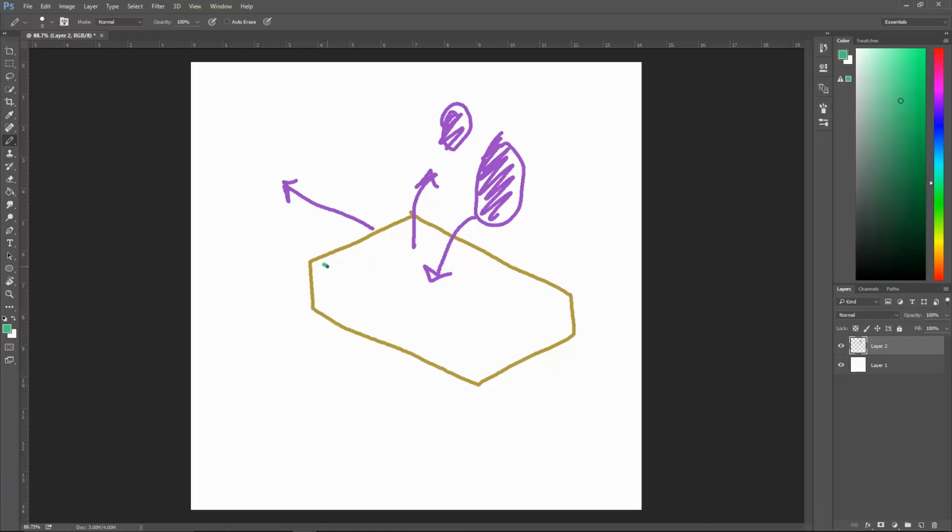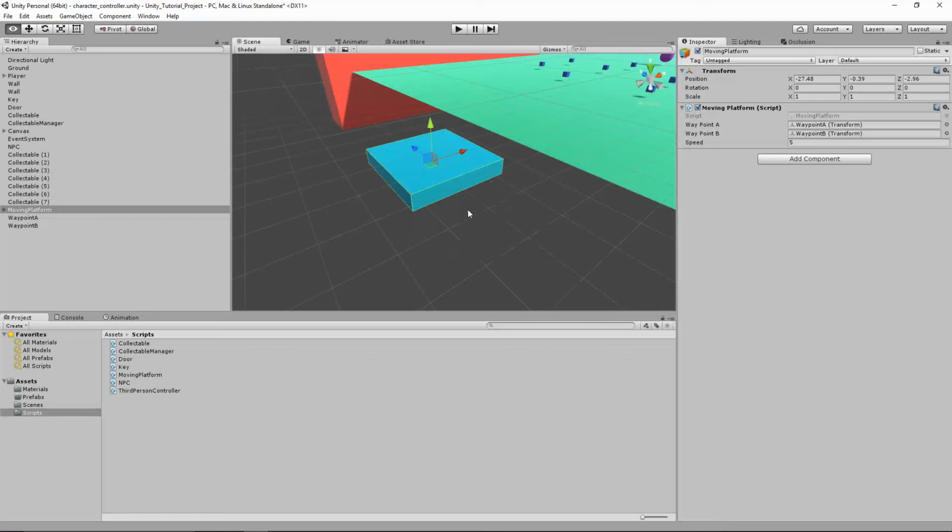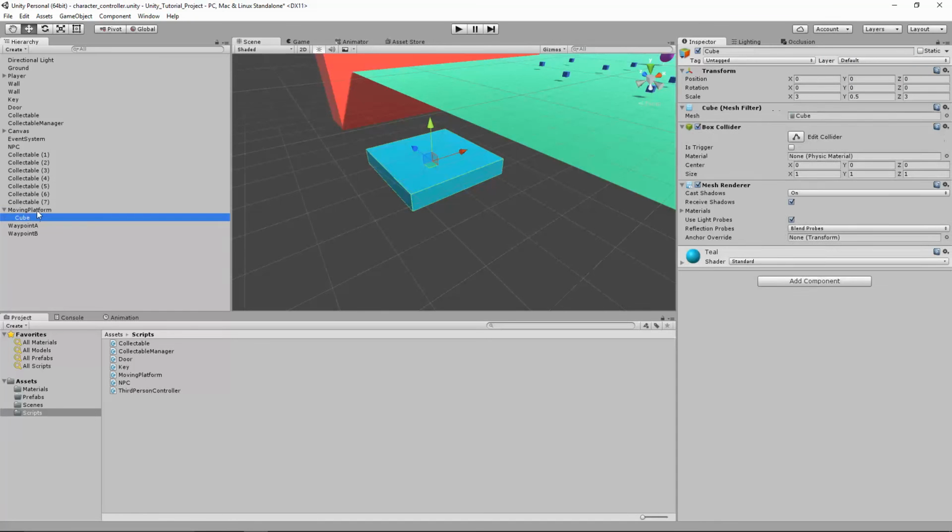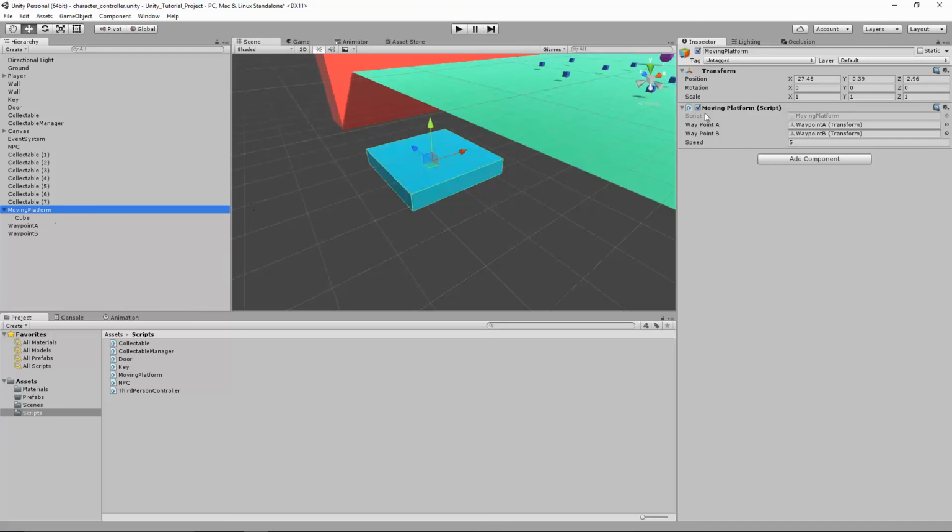And so what we're going to do is we're going to set up a trigger box. It's just on the top of the platform. And when the player enters that trigger, we're going to set them as a child of the platform. And that's going to make it so while the player's on the platform, they'll move. And this is why we made the moving platform script its own object and not the cube, the moving platform, is because we don't want the player's scale to get messed up when they become a child of this platform. Okay,